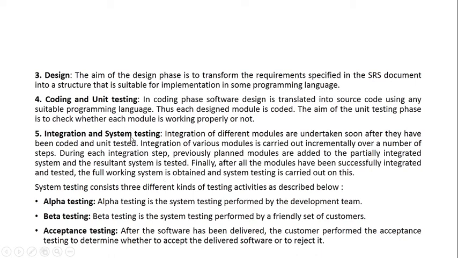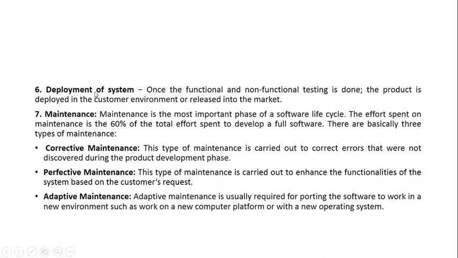And there are different types of system testing, like alpha testing, which is carried out at the developer's location. Beta testing is carried out in the customer's or the end user's environment, while acceptance testing is performed by the actual customers. Then there is deployment or the installation part, where we deploy the system into the customer's environment, and it comes under the operational phase. Then comes maintenance. If any change is required, then maintenance is called. Broadly, it is of 3 types: corrective, perfective, and adaptive, and the 4th one is preventive. So I'm not going into details of this again.